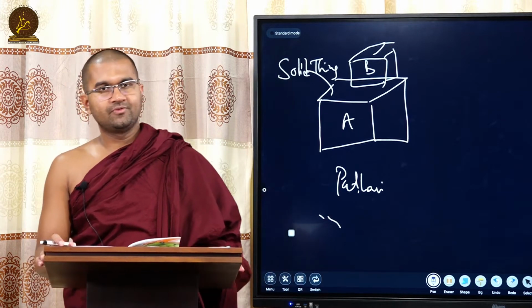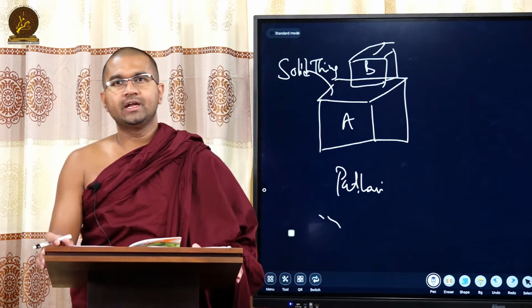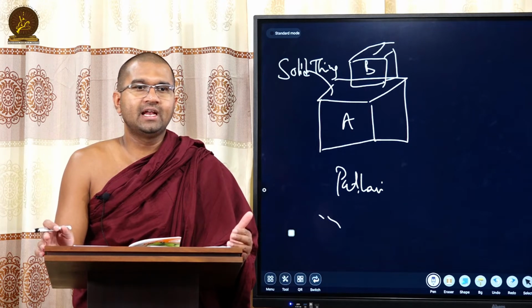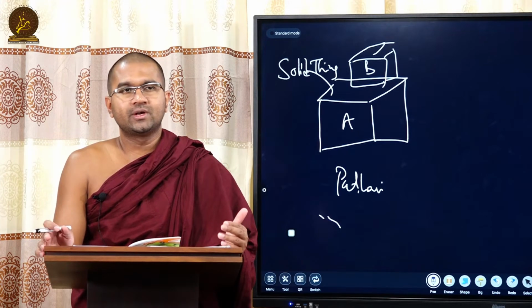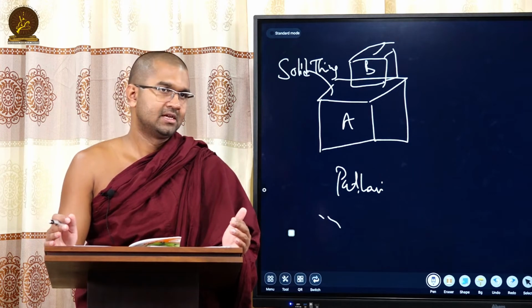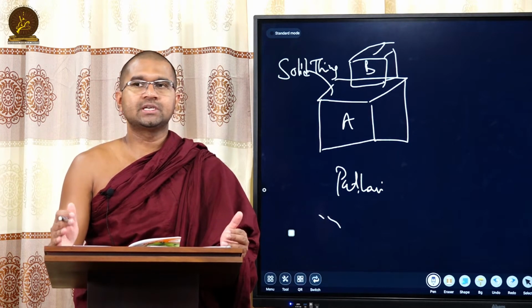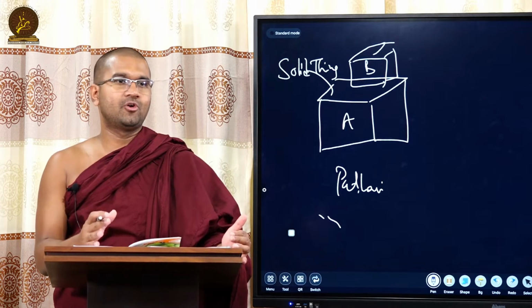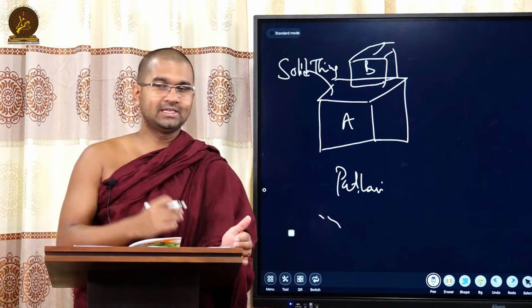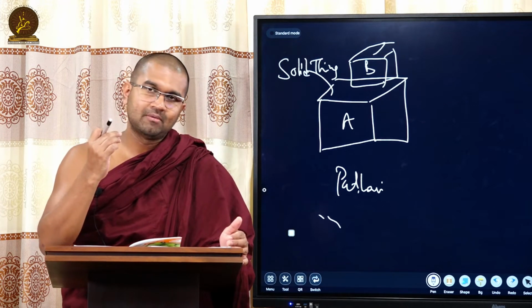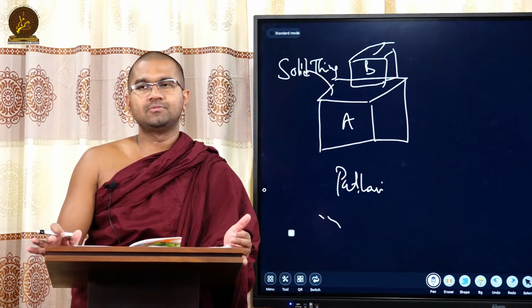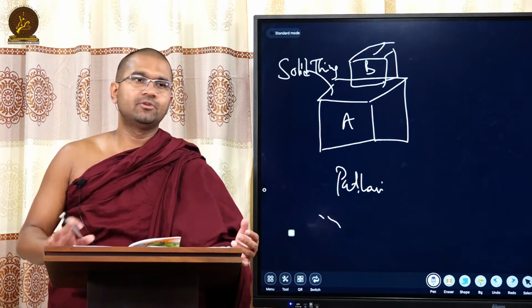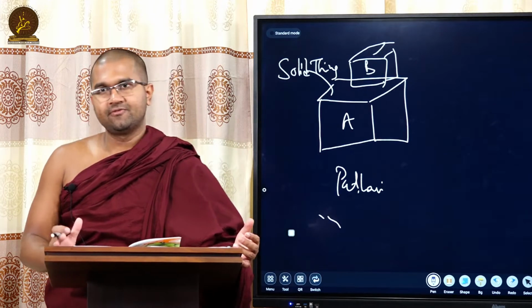So last time also we had a question about this. To which level do we need to understand the reality? Do we need to understand the reality in its actual form, or do we need to understand the reality in its characteristics? In meditation, what we are supposed to do is understand the realities in their characteristics, not in their actual form. Actual form means in very great detail. What is the color of this kalapa? What is the amount of the hardness in that particular object? What is the ratio between hardness and cohesion in an object? You don't need to go into that level in order to have Vipassana wisdom.